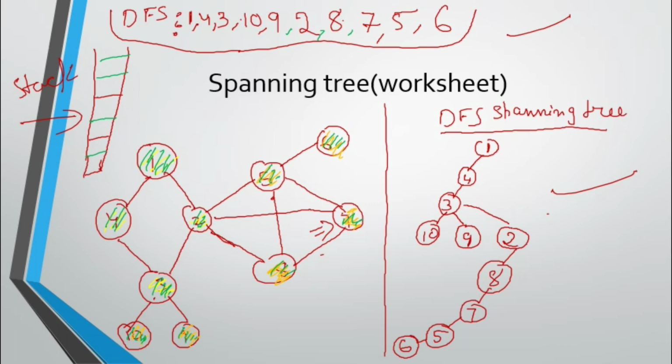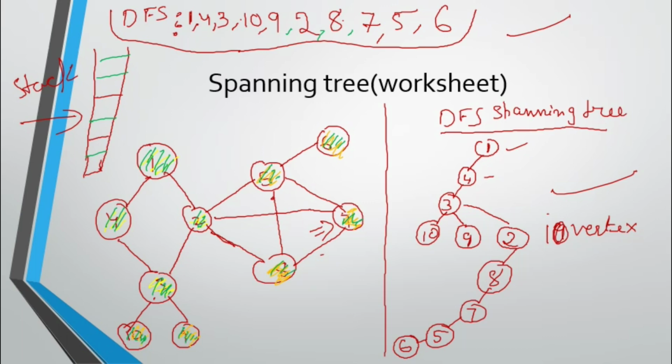Okay, so that is about the spanning tree concepts. Right now we have understood the spanning tree and how to draw the DFS spanning tree and BFS spanning tree, and spanning trees in general. And always remember, whatever number of vertices there are, edges are one less than that. Now you can see here, how many vertices do you have? 1, 2, 3, 4, 5, 6, 7, 8, 9, 9 vertices. Correct, no? Let us count again. 1, 2, 3, 4, 5, 6, 7, 8, 9, 10. Sorry, 10 vertices. Let's count again. 10 vertices.